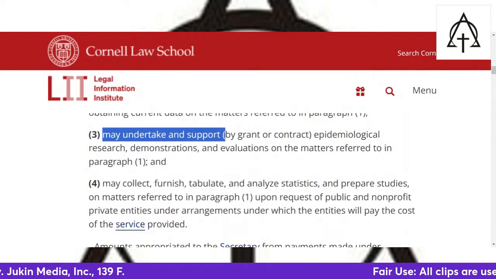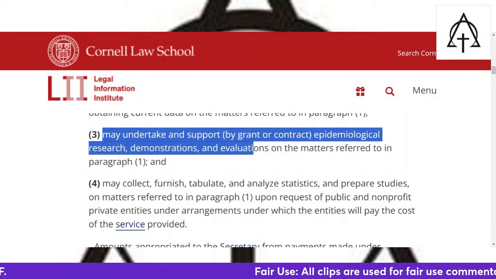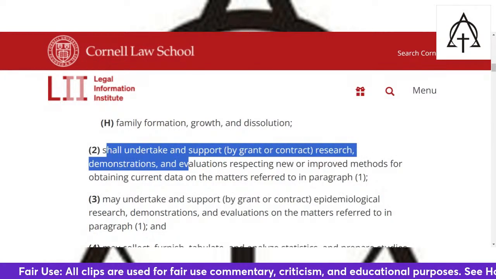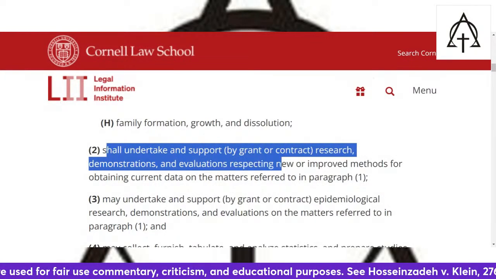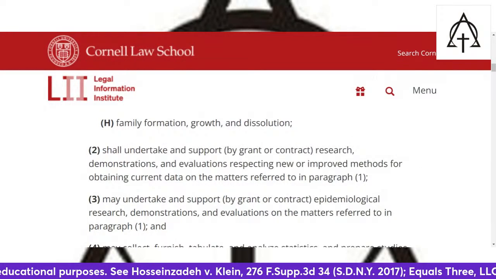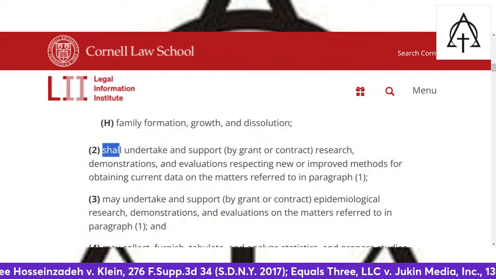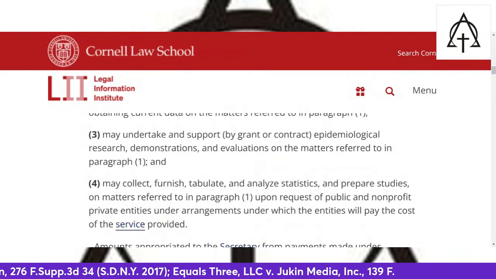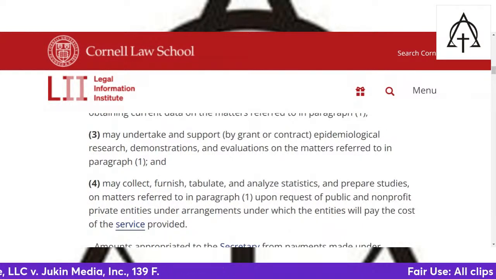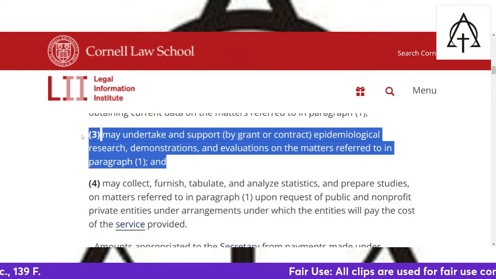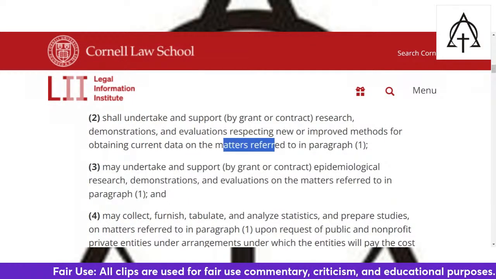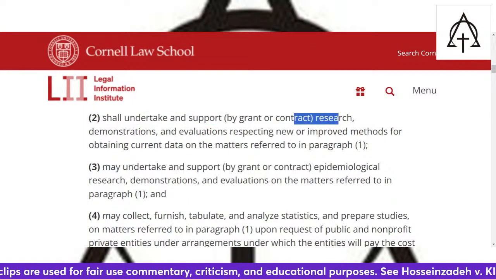May undertake and support by grant or contract epidemiological research. This is the medical part. When it comes to the record, shall undertake and support research, demonstrations, and evaluations respecting new or improved methods for obtaining current data, the record. That's paramount. That says shall. And this says may undertake and support by grant epidemiological research, demonstrations, and evaluations on matters referred to in paragraph 1. So this one is a may to support what is already in 1, which is shall undertake and support research,